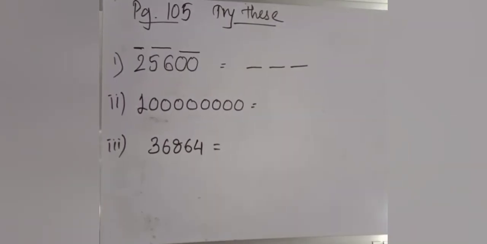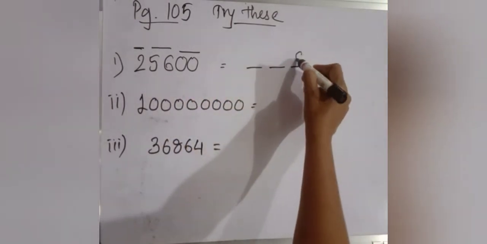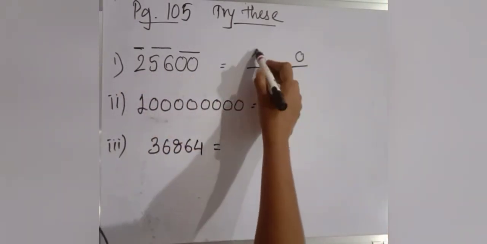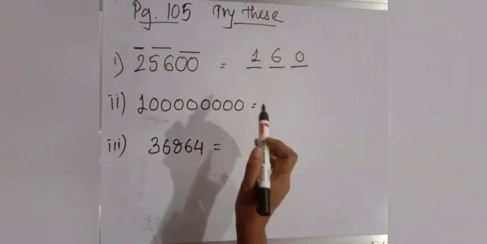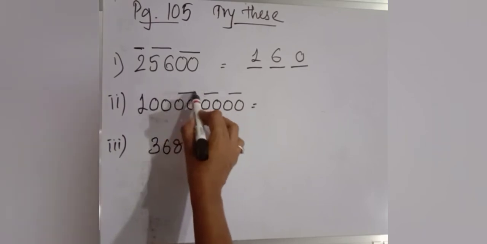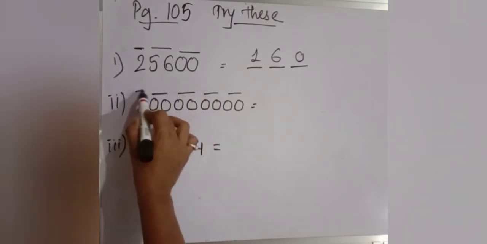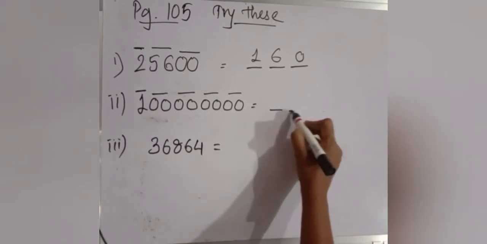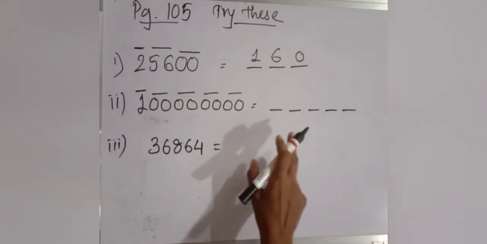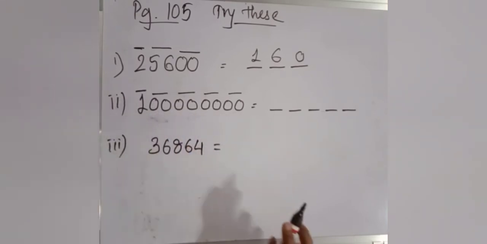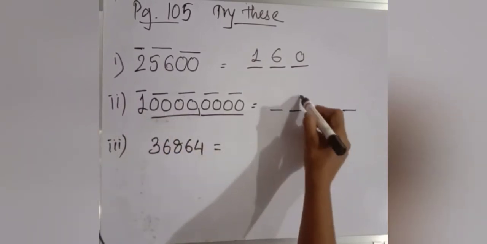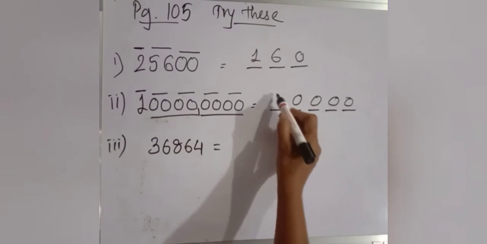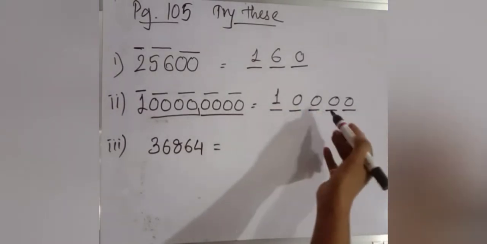Let us check it out. What will be the answer for 256? Here double 0 means single 0 and 256 is the square of 16. So already it is a 3-digit number. Next question, 1 crore. Again putting the bar here, we will have 1, 2, 3, 4 bars and one single digit. This is the 5th bar, 1, 2, 3, 4, 5. The square root of this number will be a 5-digit number. Let us check it out. Here 4 zeros, for double is 8. So 4 zeros and a single 1. Clear? So this is a 5-digit answer.